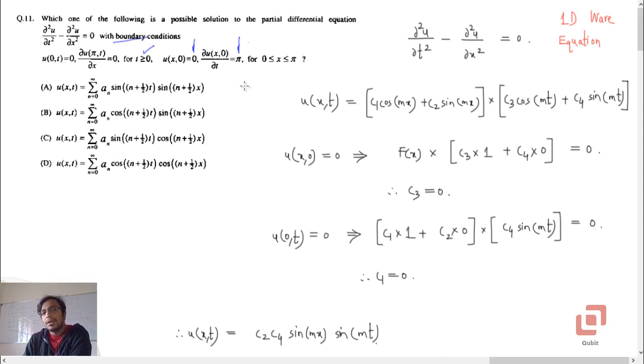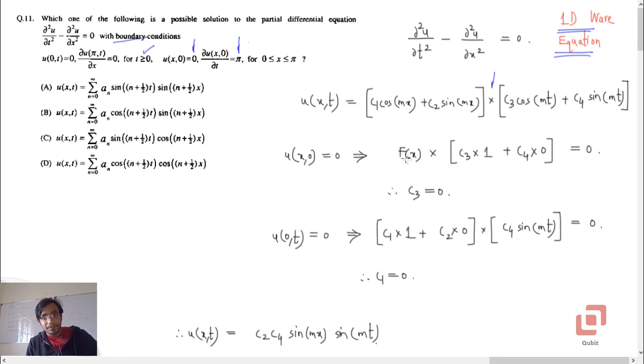If you don't know, this is a hyperbolic partial differential equation which can be considered as a good model to the one-dimensional wave equation, provided x denotes position, t denotes time and u denotes the displacement of the string. Alright, so the standard solution with which we start is (c1 cos mx + c2 sin mx)(c3 cos mt + c4 sin mt), because we don't have that c squared here, which is equal to 1 in this case, so there is no need to write it, otherwise it would have come here as cos cmt + c4 sin cmt.